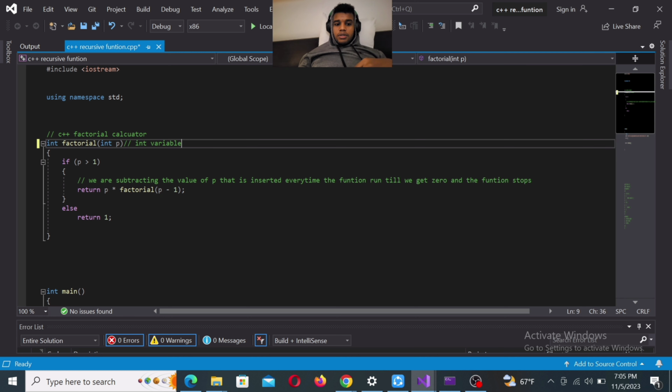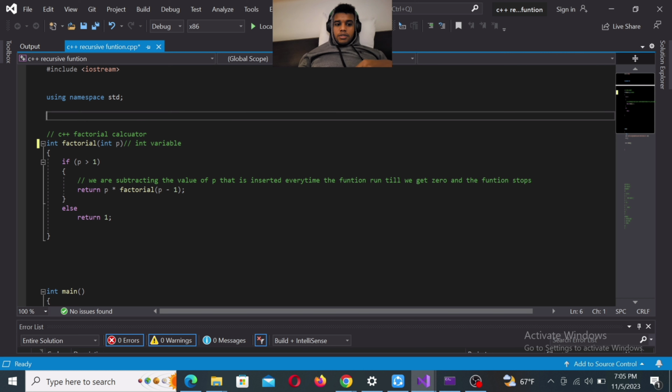since factorial is, let's say for example 3 factorial, 3 factorial will be 3 times 2 times 1, that's 3 factorial. So we're going to multiply, let's say now we're going to calculate 3 factorial. It's going to be 3 times the function itself, factorial of p minus 1, so it's going to be